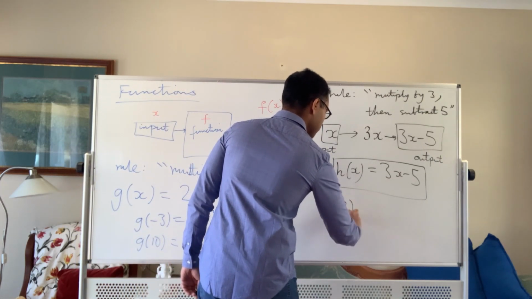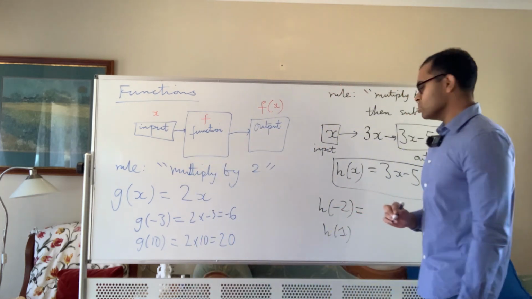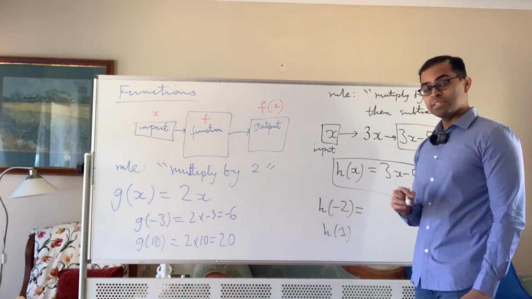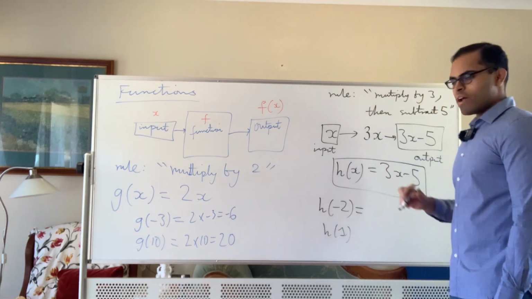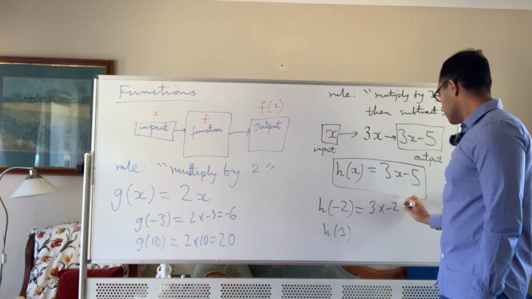What is h of negative 2? What is h of 1? I want you to find it out and think about it, and then we're going to do it. So pause the video. All right, so h of negative 2 is going to be 3 times negative 2, negative